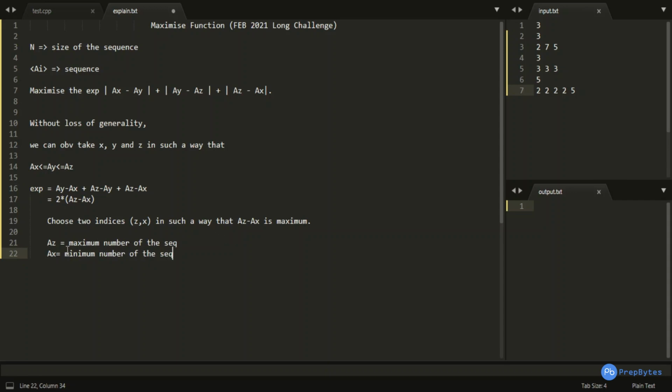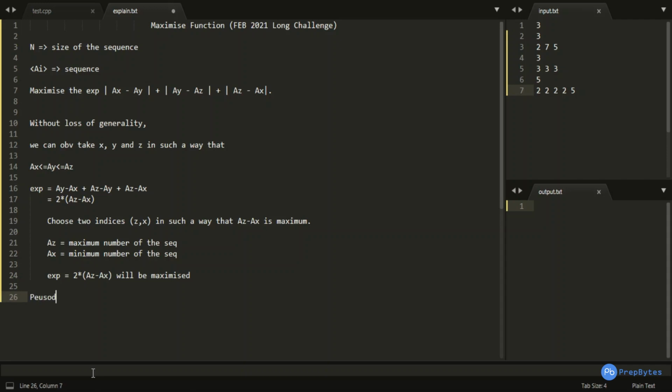In that case only this gap between az and ax would be maximum, and my expression, which is nothing but 2 into az minus ax, will be maximized. So this is the basic logic behind this particular problem. We will just have to calculate the maximum and minimum value of this particular sequence, and we will have to output this particular expression in my code.